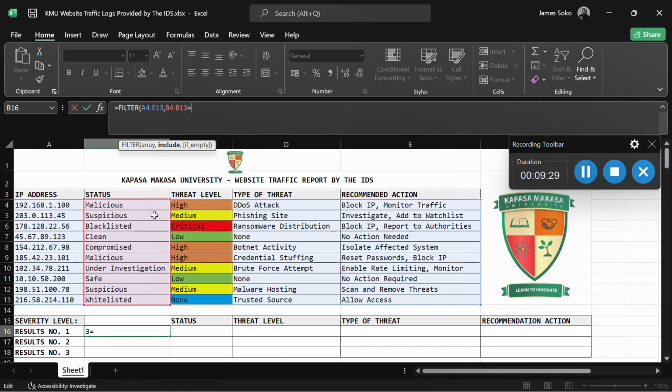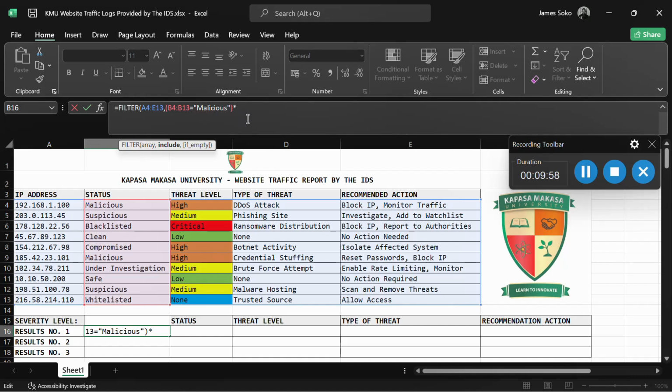So here, if I want to focus on something which is just malicious under status, I'll use double quotes because it's a string and say malicious. So once I focus on malicious, I need to introduce an open bracket and a closed bracket here, because I'm trying to indicate that this is my first value. Remember, this is not a single value, it's a multiple value.